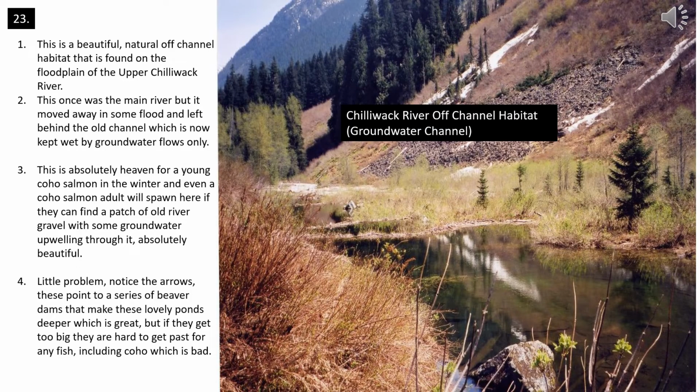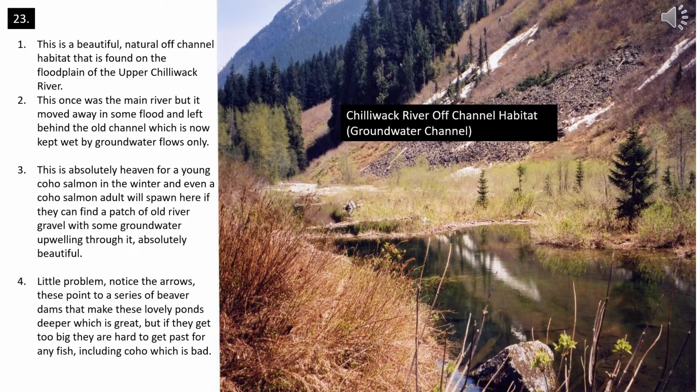So this is a beautiful natural piece of off-channel habitat that exists on the floodplain of that undisturbed river, the upper Chilliwack River. And you'll notice it looks to me like it was a significant part of the river at one point, a major channel. Something happened to make the river move. It could have been as simple as some of those large trees that we saw earlier in the presentation moved, created a log jam, the river got jammed up, and it just took off on its floodplain and cut itself a new channel, and this one was left behind. Now you'll notice